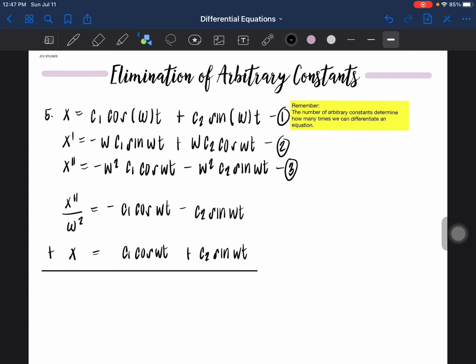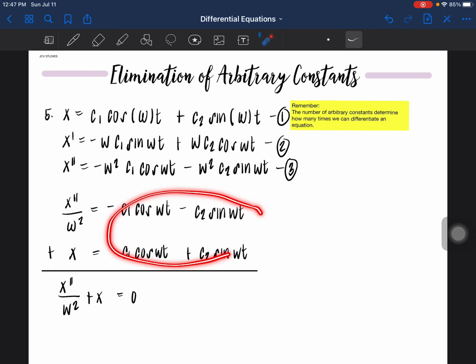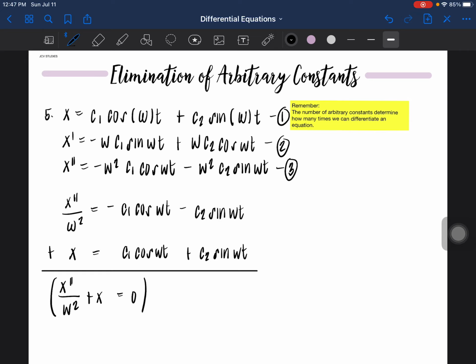And then we'll have x double prime over omega squared plus x is equal to 0, since this part is just going to be equal to 0, and we can simplify this pa by multiplying both sides by